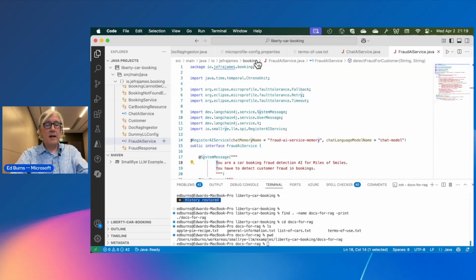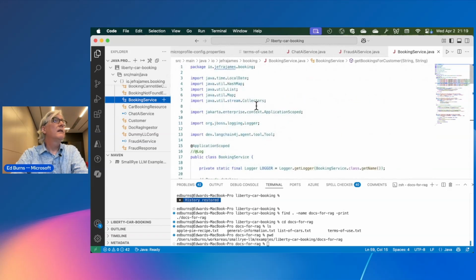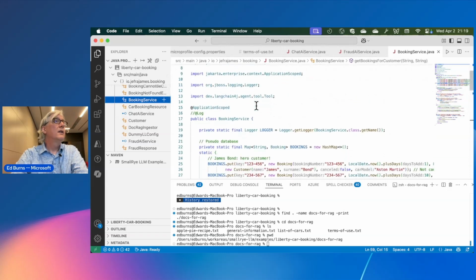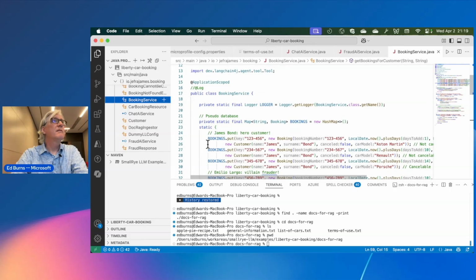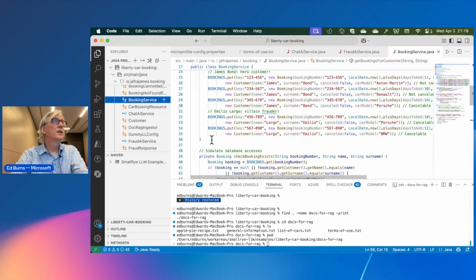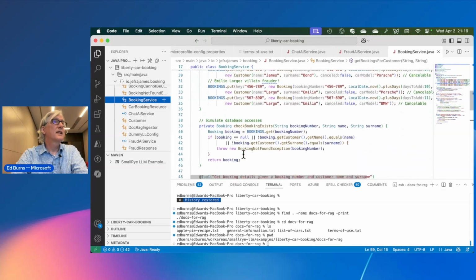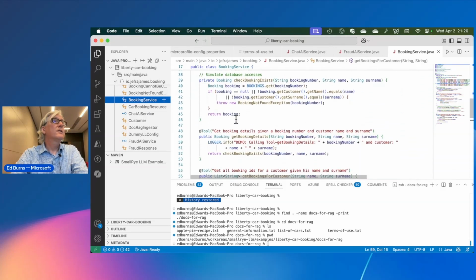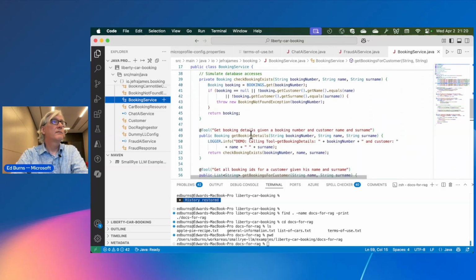Now let's look at the REST service. This is the booking service. And here, you'll be seeing it building a really lightweight in-memory database of just the bookings and such, to simulate the database access. And okay, so here's where we get the tool interaction.